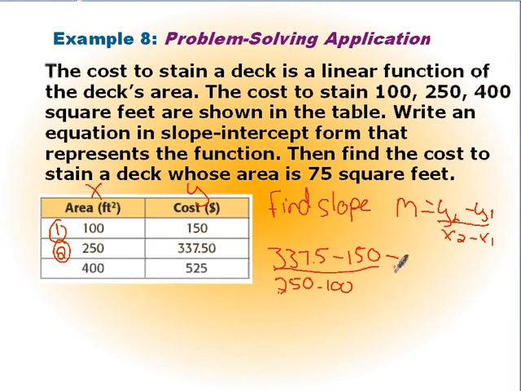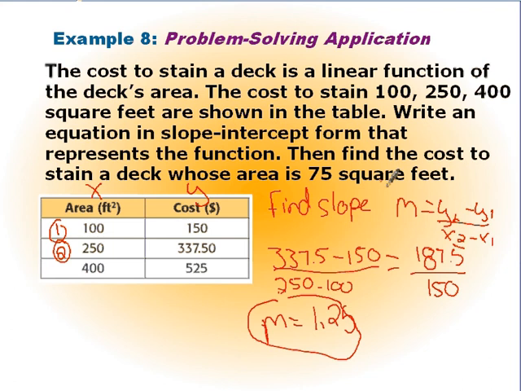Okay, and so 337.5 minus 150 equals 187.5, divided by 250 minus 100 is 150. And then 187.5 divided by 150 equals... m equals 1.25. So now we have